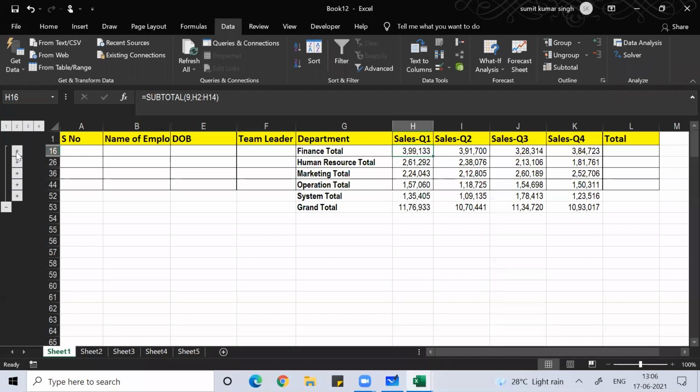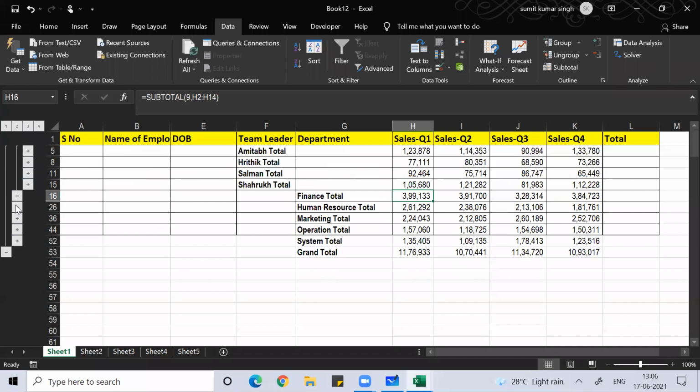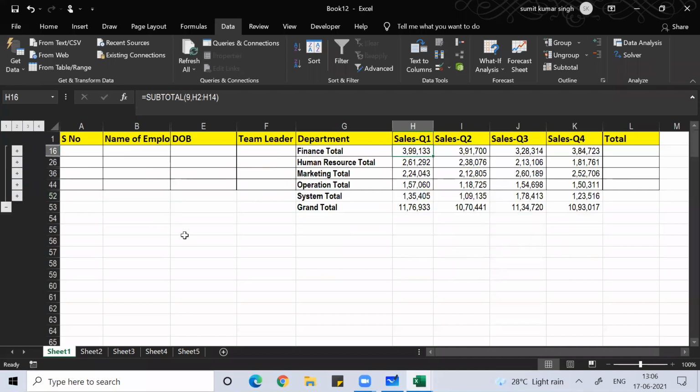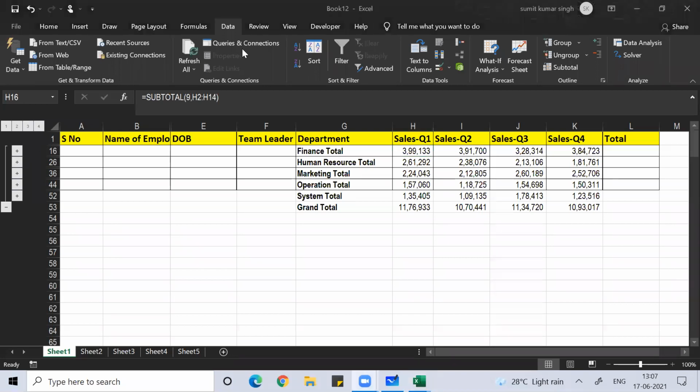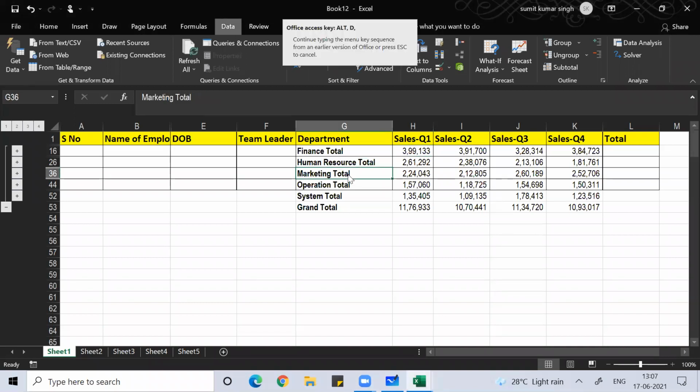Just click here and you'll see the detailed analysis of how it happened. Anyone, any doubt? Explain once again? Okay. See, this is what I did. I remove it and I'll do it.